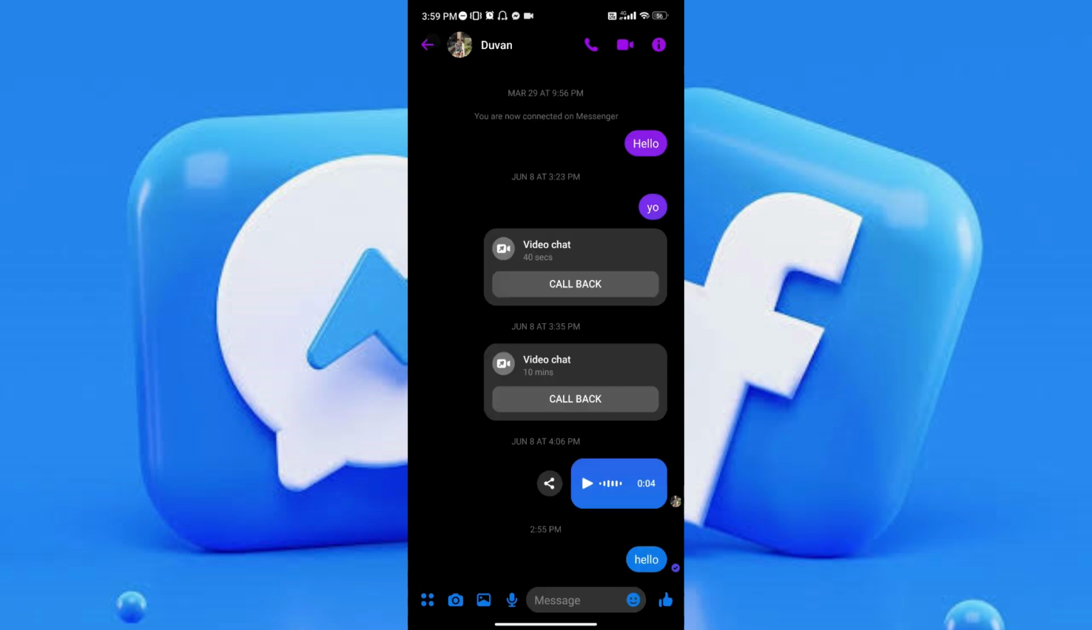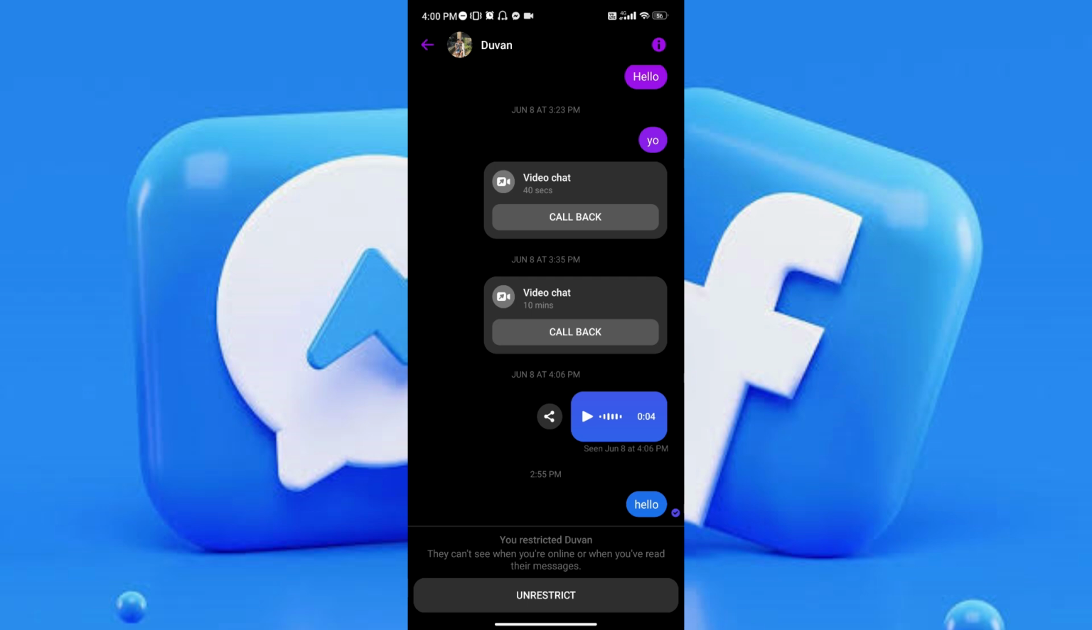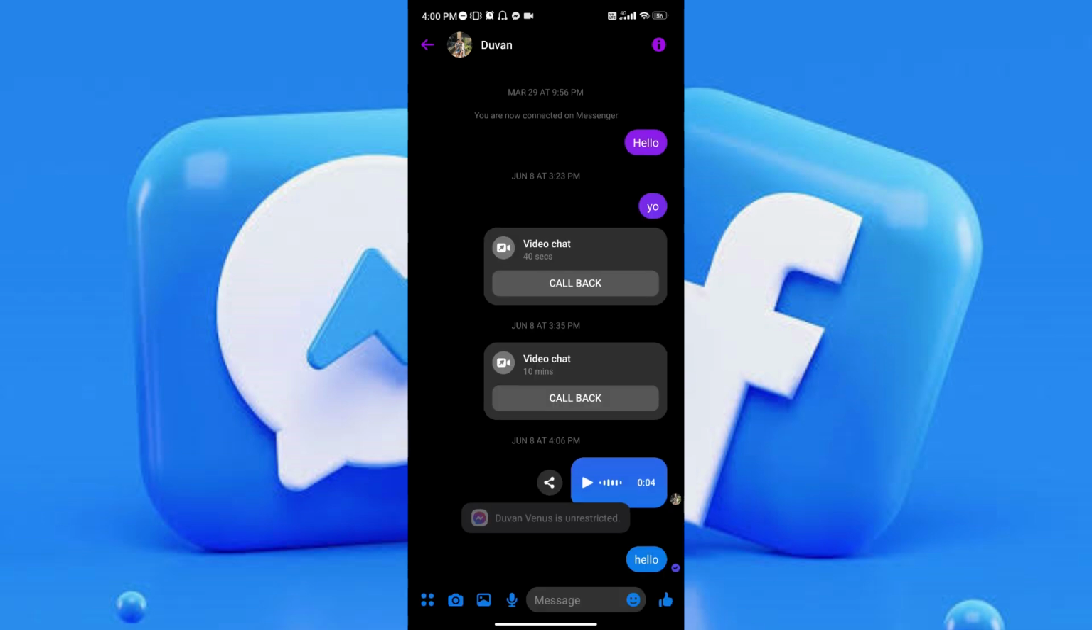When you go back to the conversation, it will show that you've restricted the person, and that person can see when you're online or when you've read their messages. It is somehow like blocking, but not totally blocking them up. It's just you're restricting them to message you or call you. But if you don't like that, all you have to do is to tap on unrestrict,